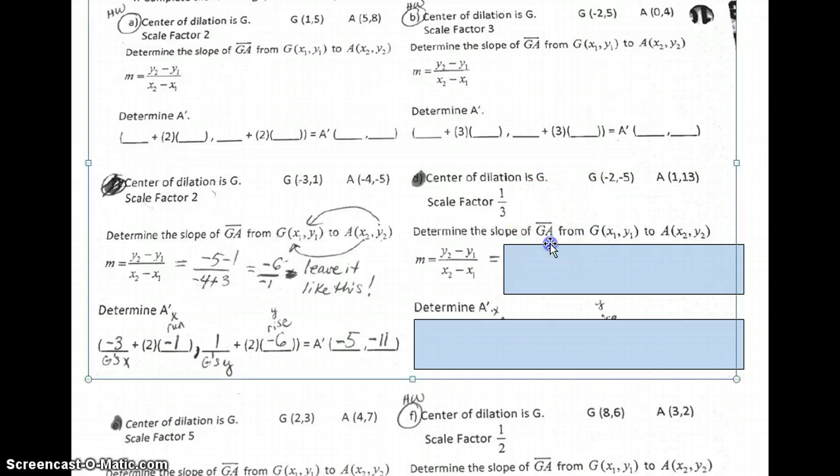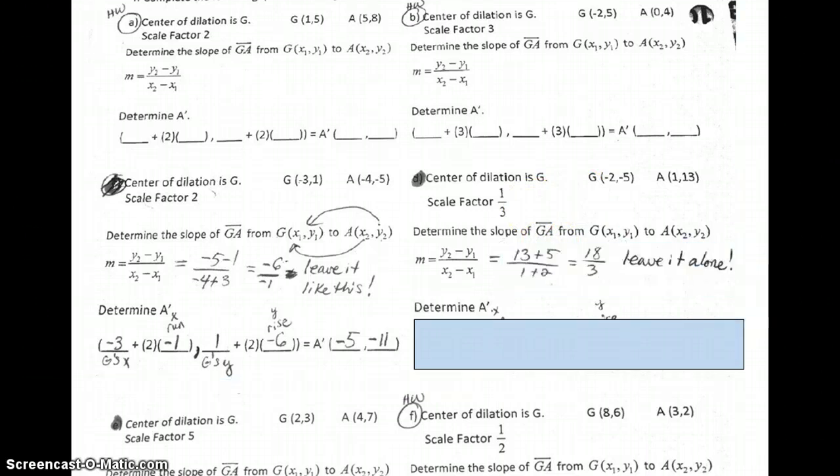Once again, we're going to find our slope right here, and it's 13 minus -5 over 1 minus -2. Those change to positive right there, plus. And so we have 18 over 3. Leave it alone again. Don't call it 6. And so to determine A prime,